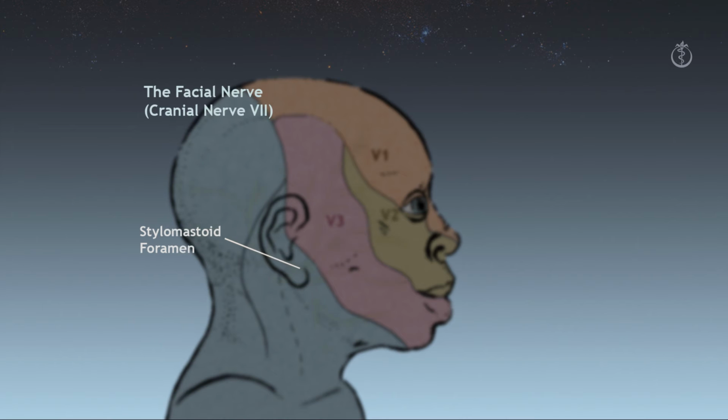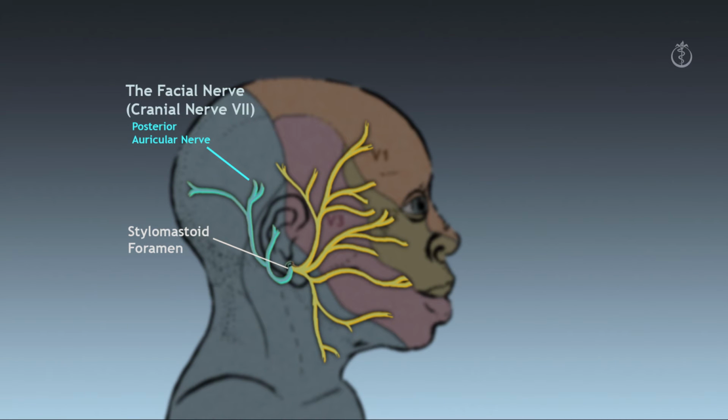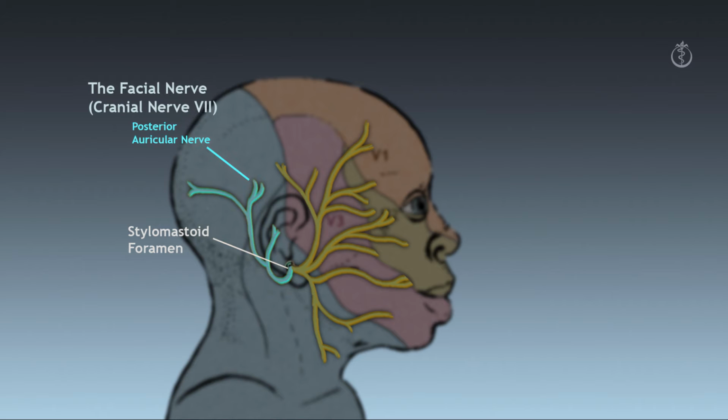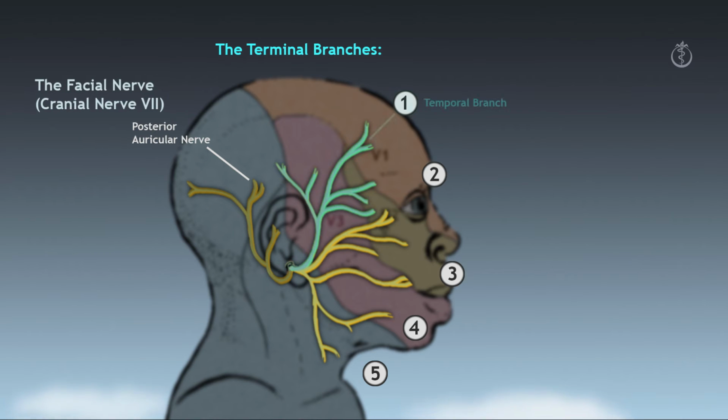As it leaves the stylomastoid foramen, one branch of the facial nerve, the posterior auricular nerve, turns up behind the ear and distributes to the muscles in the posterior scalp. The main stem of the facial nerve curves forward into the parotid gland, divides into 5 terminal branches, and supplies the facial muscles. The terminal branches are as follows: the temporal branch, which runs up into the region of the